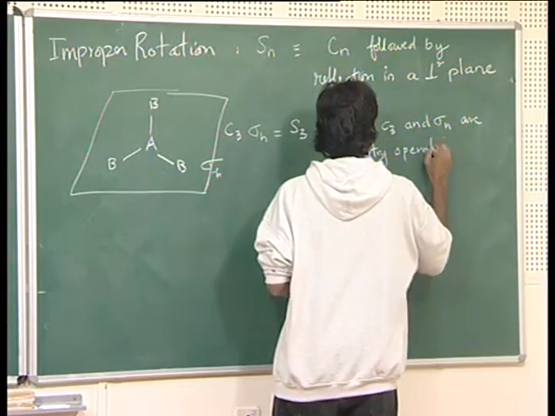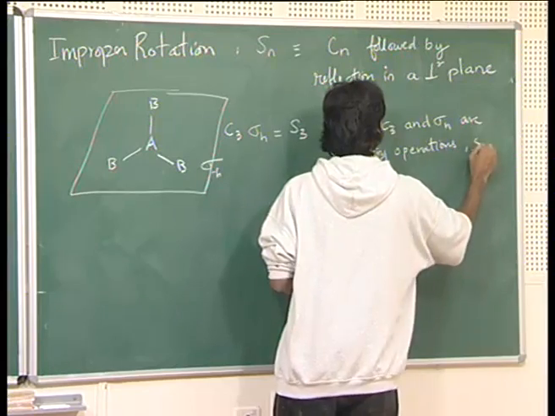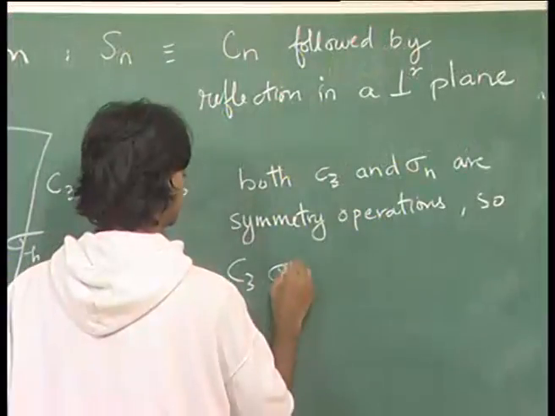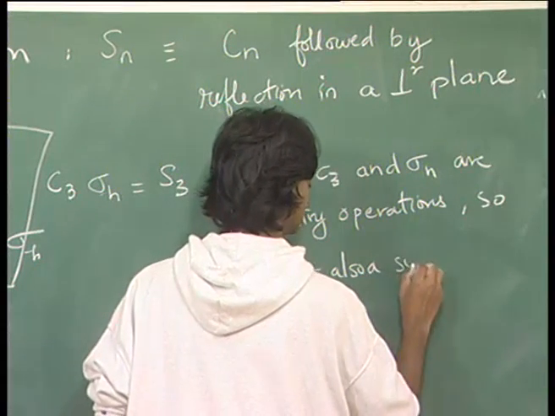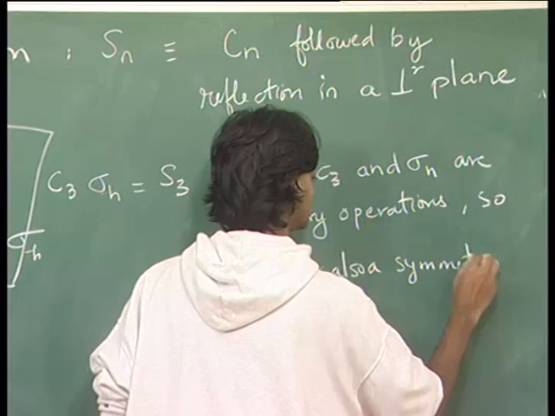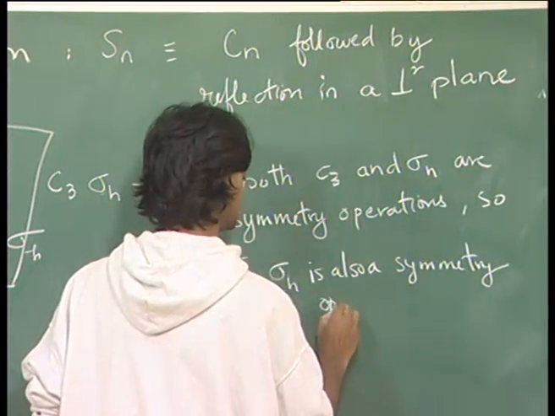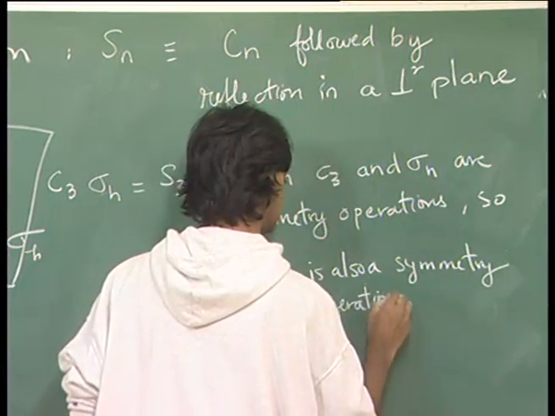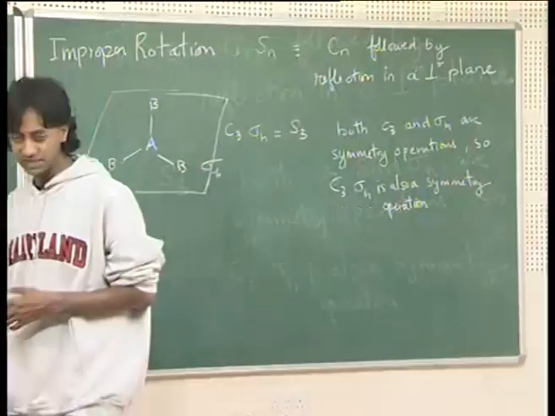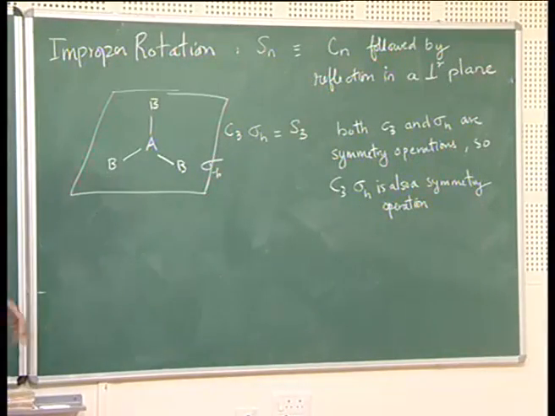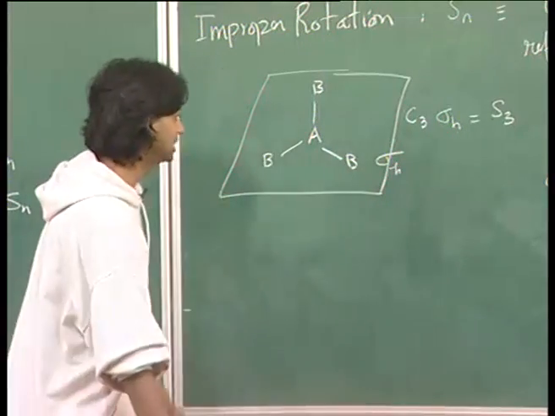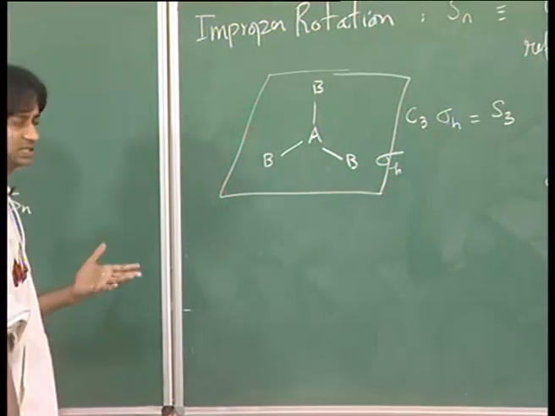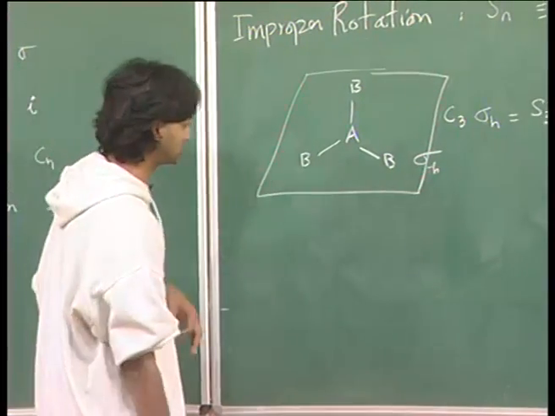So C3 sigma h is also a symmetry operation. Okay. So, this is a very trivial case in which you have an S3 where you have both a C3 and a sigma. But then we'll come to cases where you don't have C3 and sigma and still you have S3. But before that, a question that you might think of is